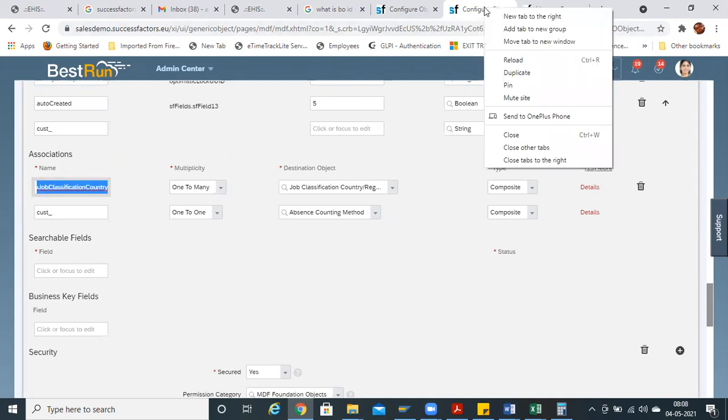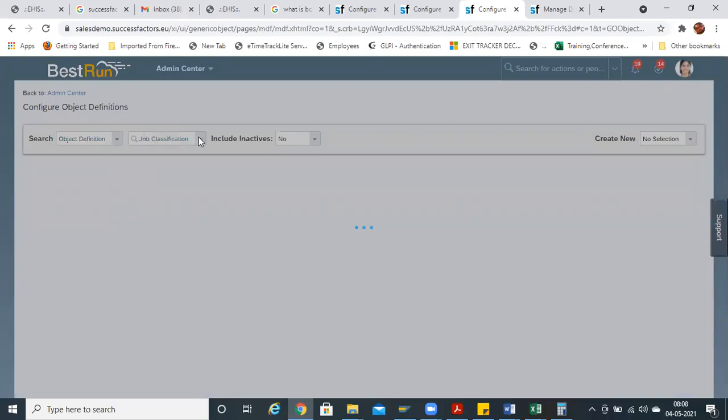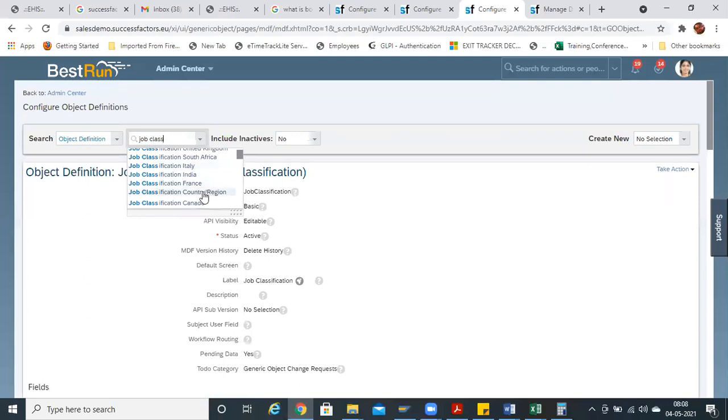If you go to, let me duplicate. If you go to job classification, a part of country specific, there is again country and region. Are you seeing this?